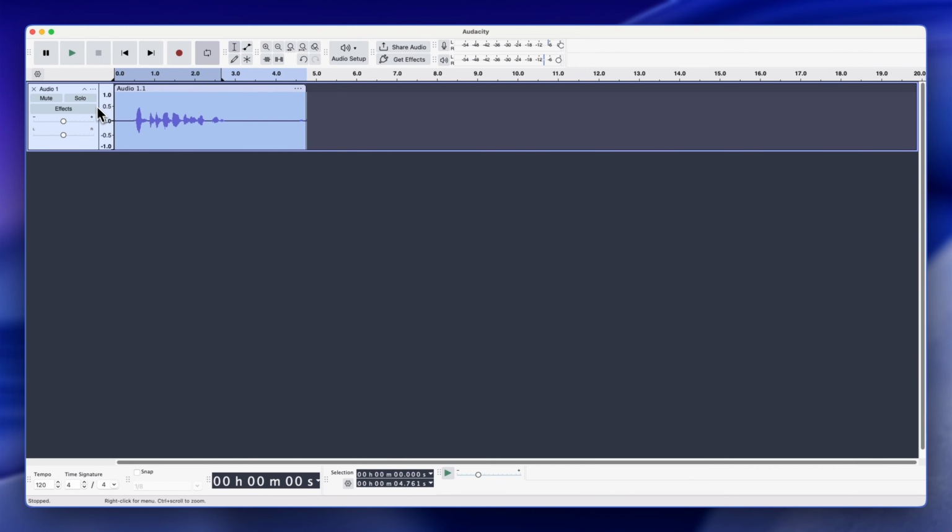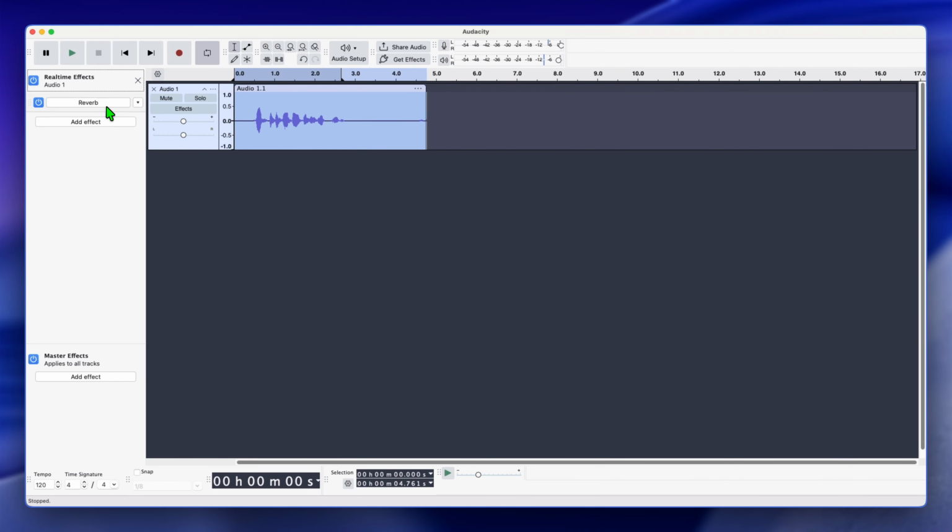It's always ideal to put the reverb on the channel itself. So when you go to Effect, you see the reverb on the channel, and when you play it, you see